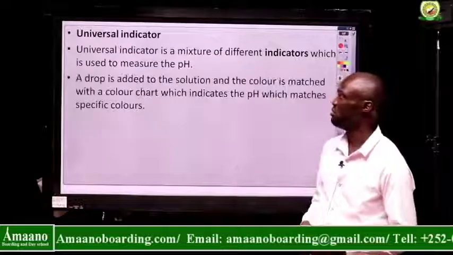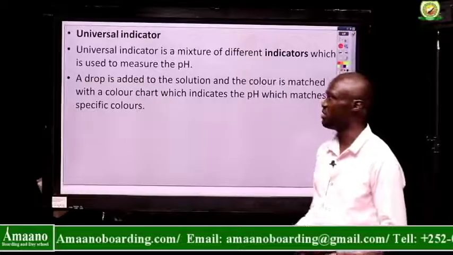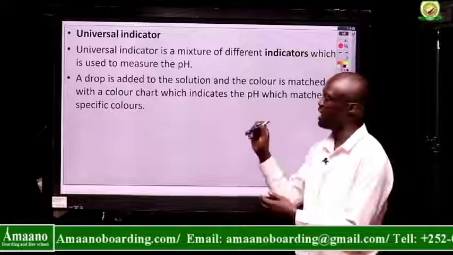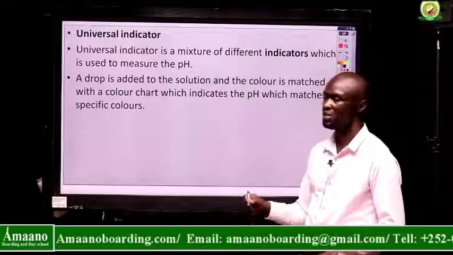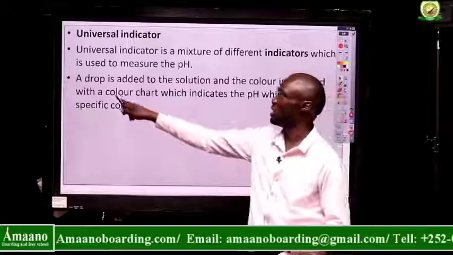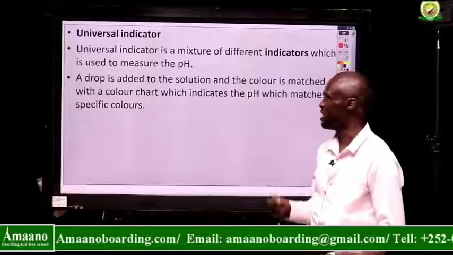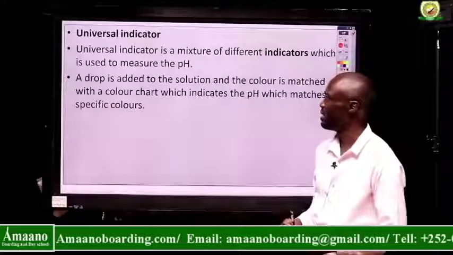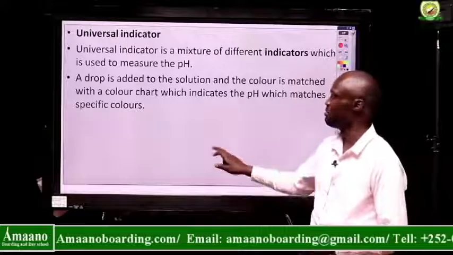So we come to the universal indicator, how to use it. You just get a drop of the universal indicator, you add it to the substance you are testing, you shake, that substance will turn to a given color, then you compare that color with what you call a color chart. The universal indicator has a color chart, so you compare, then you read the pH from that color. For example,